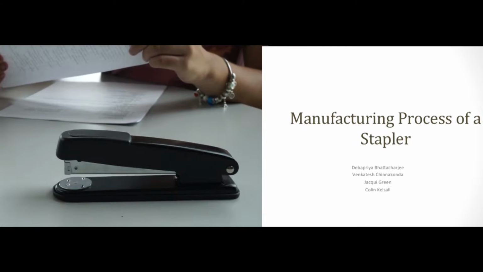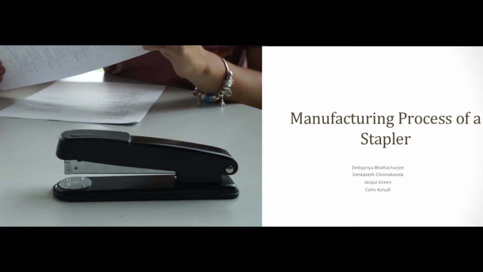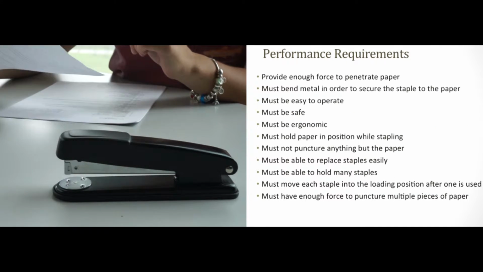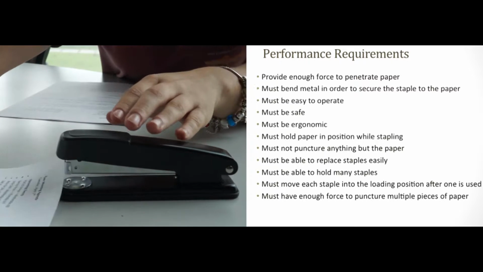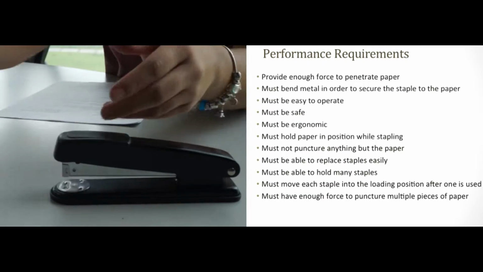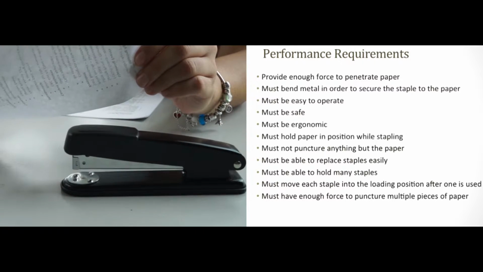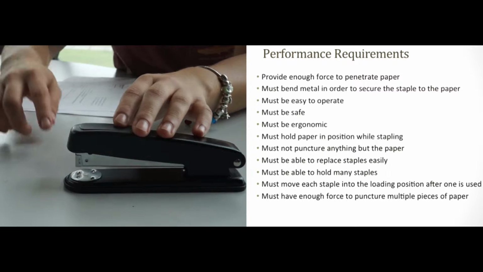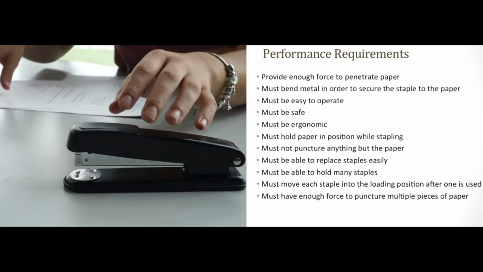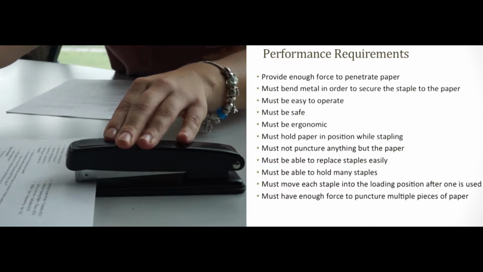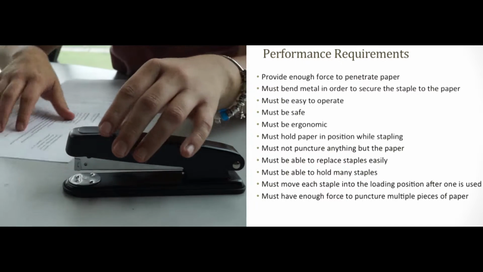For our project, we chose our device to be a stapler because it has 4 different materials and 6 different manufacturing processes. Some of the performance requirements for a stapler are that it must provide enough force to penetrate paper, it must bend the metal in order to secure the stapler to the paper, it must be easy to operate, it must be safe and ergonomic, it must hold the paper in position while stapling, it must be able to